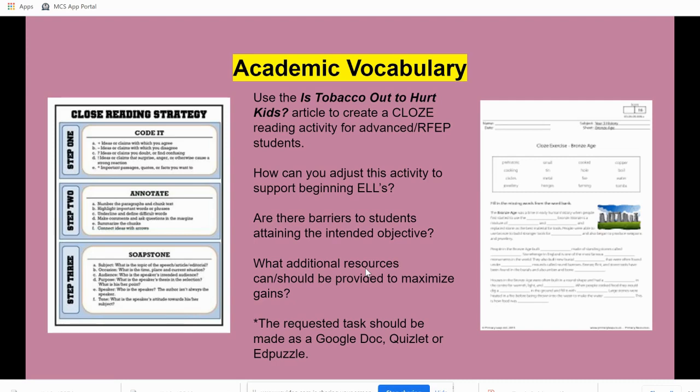You don't need to make busy work. There are enough things for them to do already with the curriculum. But what you want to do is to make sure that they are successful. On your left-hand side, these are the kind of ticklers that you should be looking at when you are assessing students in general. So step one, step two, and step three.